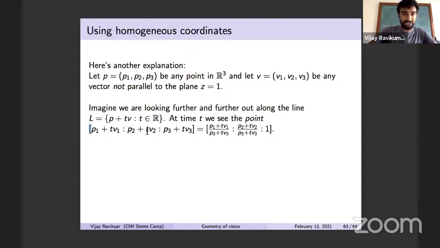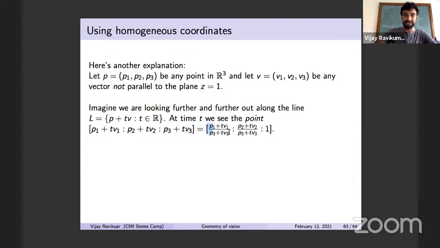but I'm writing it in homogeneous coordinates because I really want to imagine this in the picture plane, this horizontal plane where z is equal to 1. And because I'm working in homogeneous coordinates, what I've written here on the left and what I've written here on the right are actually the same point in projective space, because on the right-hand side, I've just divided everything through by p3 plus tv3. And I know I'm not dividing by 0 because I'm choosing a vector which is not parallel to the plane z equals 1. So basically most of the time this is well defined, and I can divide through by this quantity,